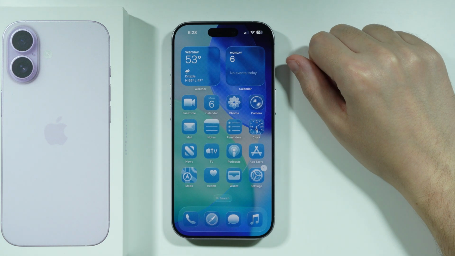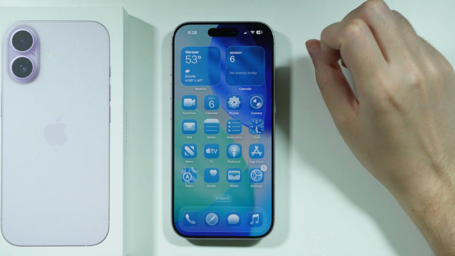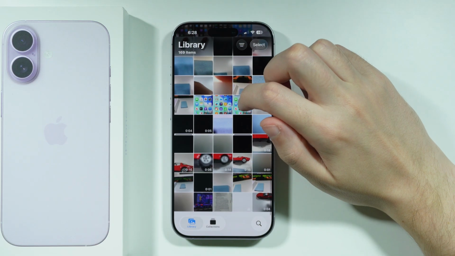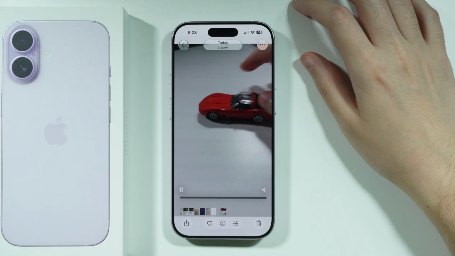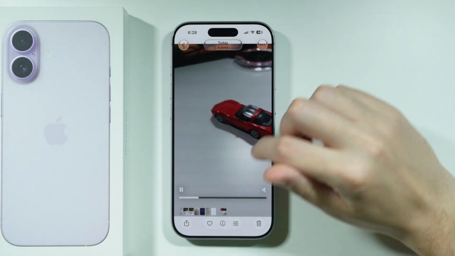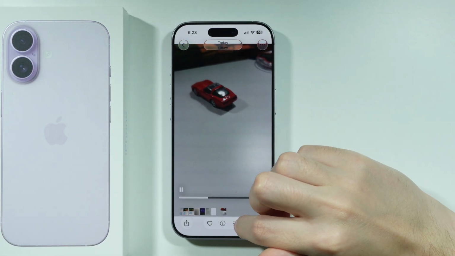If you want to edit slow motion videos on iPhone 17, then first of all we need to go to the Photos app, and in the library you want to open the slow motion video. In order to customize the slow motion effect, for example, we can tap on these three sliders at the bottom